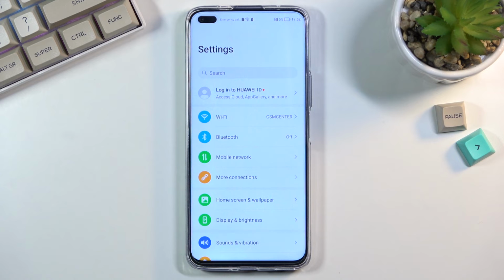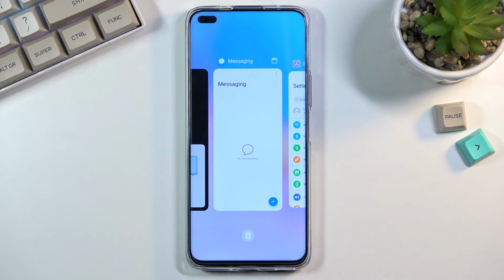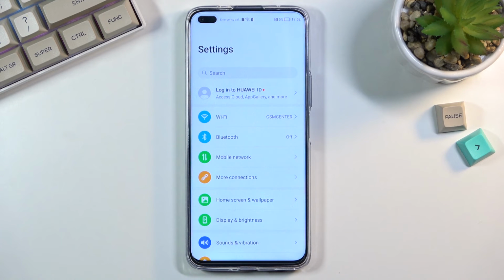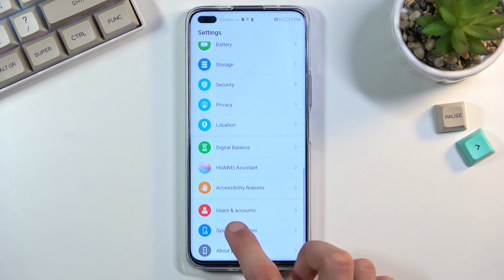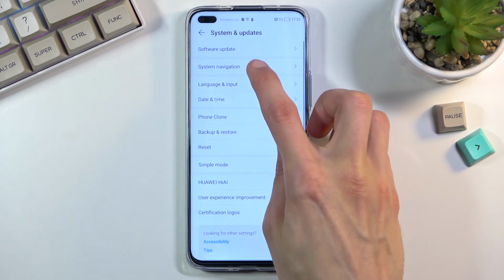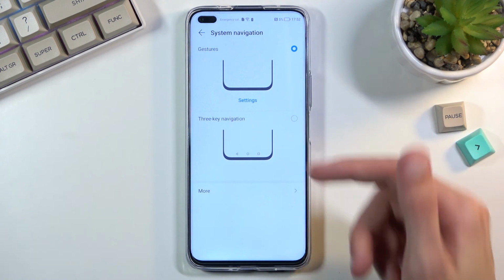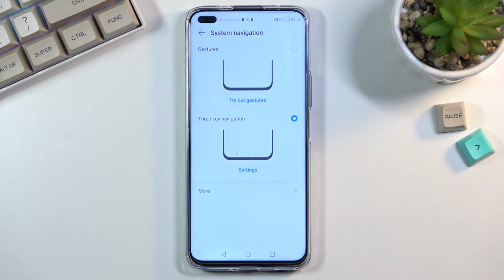Anyway, moving on to the next, and also the last thing that I want to show is the system navigation. Now by default, as you can see, I've been using gesture navigation, but if you're the type of person that prefers to have your default buttons at the bottom, you can activate them under System and Update, System Navigation, and here you have the choice between those two. So you enable this,